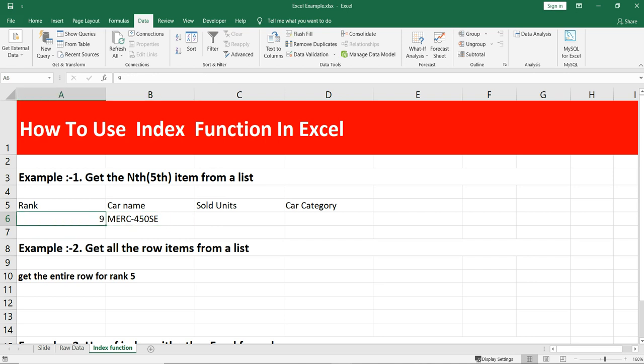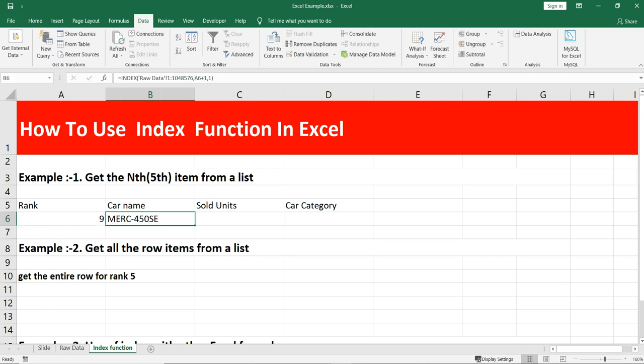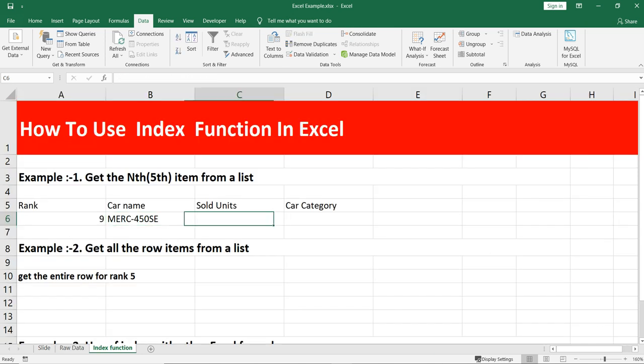Notice that when you put rank 9, what this formula is searching for is the row number 9 plus 1, because in our raw data we have one extra row which gives us information about the data values. Now you want the units sold for this rank 9. It will also depend upon this rank 9.